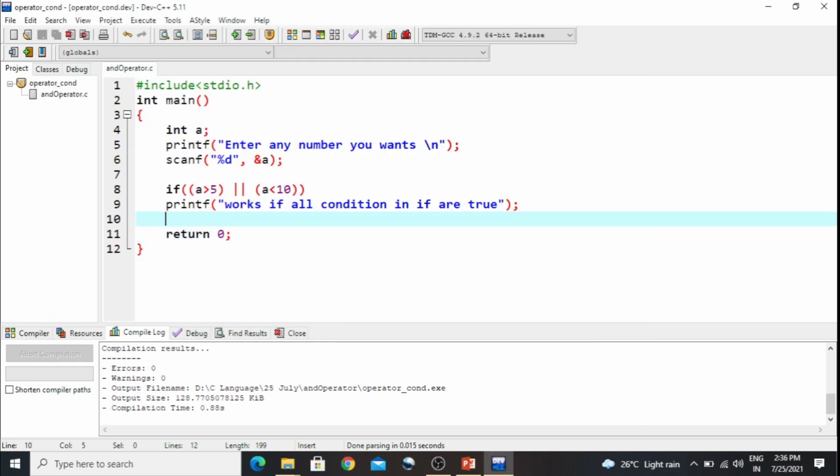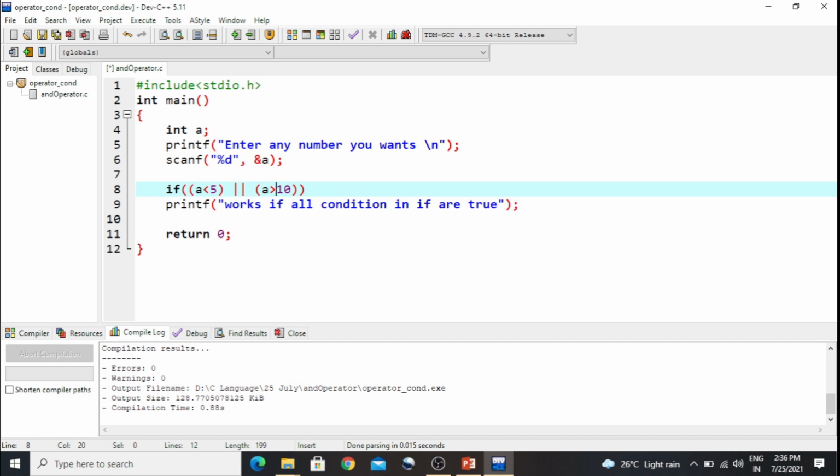If I want to make both conditions false, I have to make some changes so that the a I am entering is less than 5 and greater than 10.